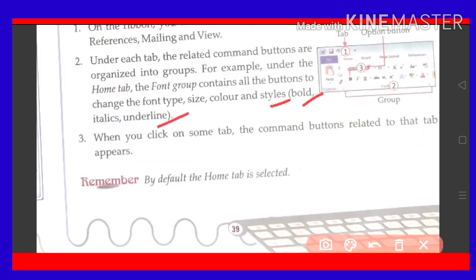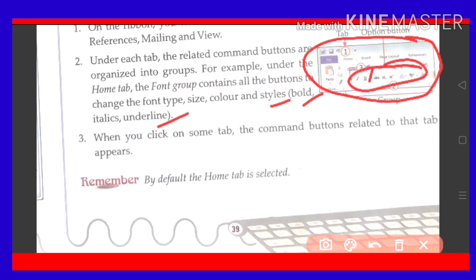Bold, italics, underline. This is the ribbon defined by the Home tab, and here is the Font group option, and these are called groups. This is the Home ribbon, the Home tab, and those are the included options. This is called the ribbon area.